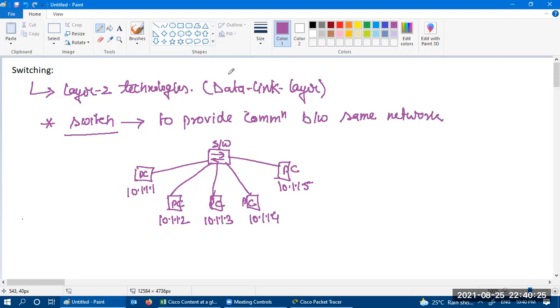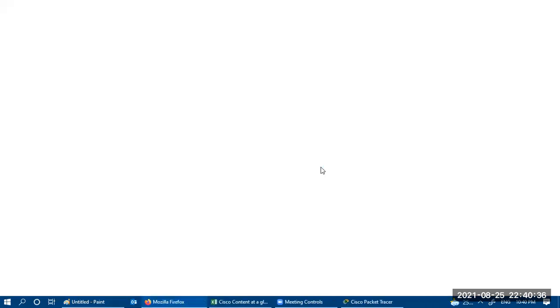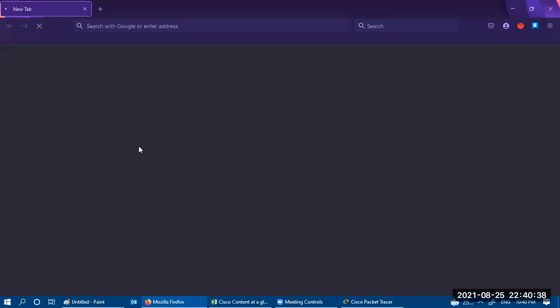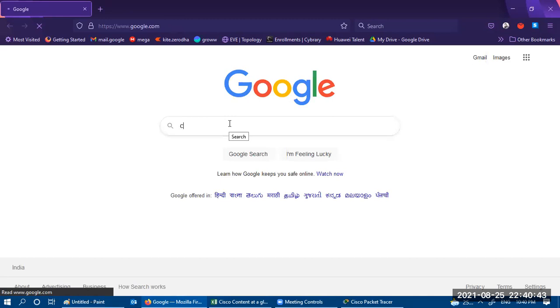Okay. If you want to see how they physically look, let me show you directly on the website. Go to the Cisco website, where you have proper images and the proper series of switches available nowadays. Go to cisco.com.